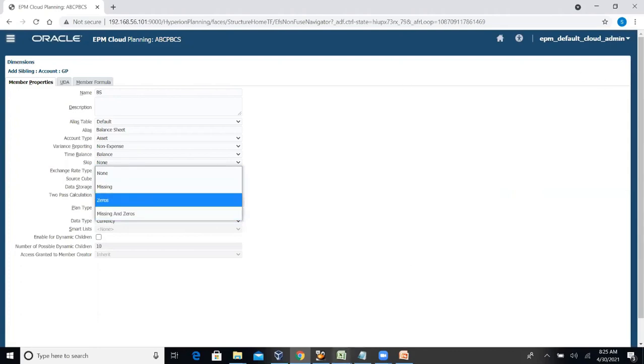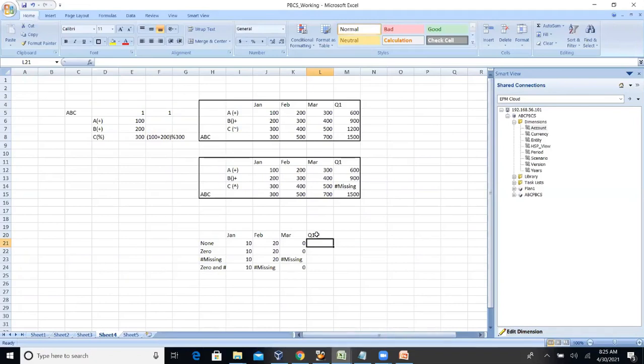How it will work in a PBCS application is, for example, you are using January member as 10, February member as 20, and March as 30. If you are using none, the March value is carried to the parent. That is, if you are selecting a balance member, the YTD data will come to the parent.